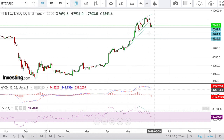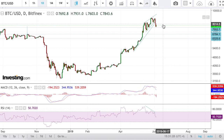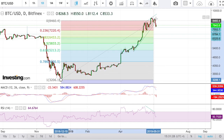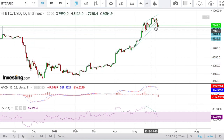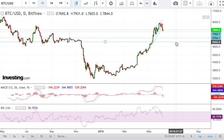And that is what I find the most interesting about this pattern, is that we have heavy RSI divergence, and we've only pulled back so far to the first Fib retracement, to the 23% retracement level right here. So for a healthy pullback, I'm looking for a move back down to the 38% Fibonacci retracement. That would be ideal for me. So right now, my near-term outlook on Bitcoin is definitely bearish. I think we have just broken trend, and that accompanied with some RSI divergence, we are definitely looking for a visit back down to the